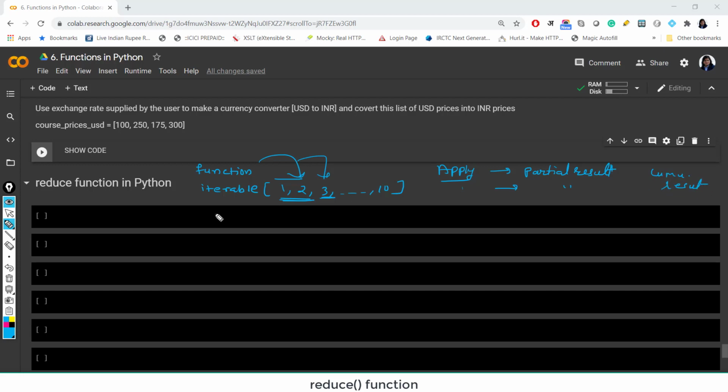We will see some examples where it becomes more clear, and we will also talk about what else we can use if we don't want to use map, reduce and filter, why these functions are popular and what are the alternatives of these functions in Python. Python is a very rich programming language, so we have multiple ways for doing so, and we will talk about those ways also. So let's see some examples where we are writing code for reduce function.